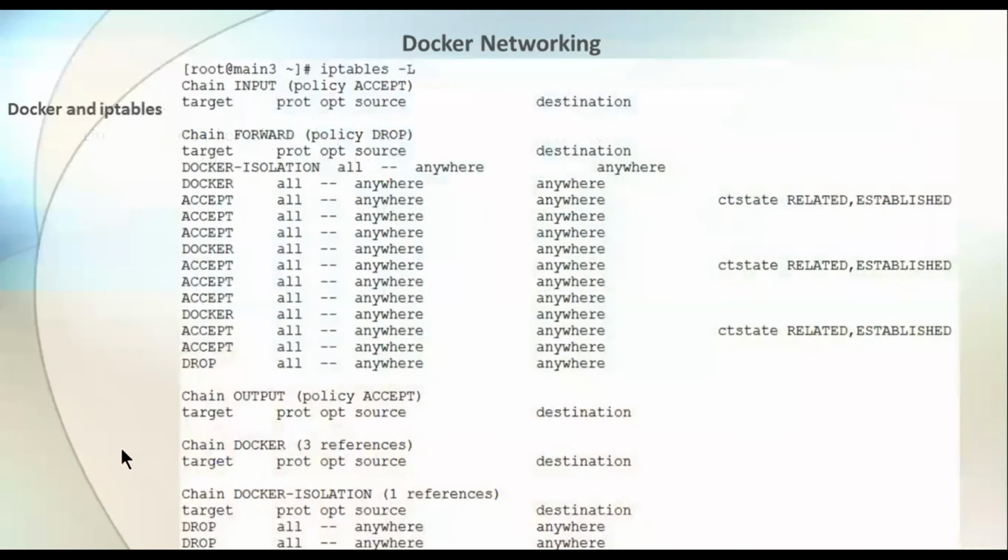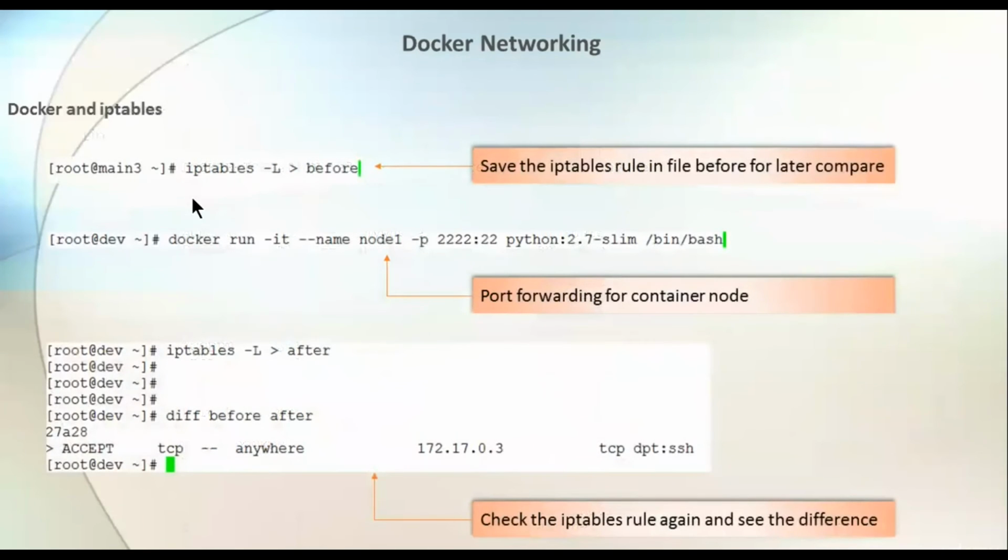So first we'll take a few theory and then we'll start with the lab. So here, if you can look, iptables -L, this command is going to give all the rules which are present by default. After that, we are saving that rule into one file, and after that we are creating one container, and this container is exposing the port of SSH on 4x2 for the Docker host. So if you access the Docker host on 4x2, you will get connected with a Docker container whose name is Python:2.7. This is a tag -slim, and after that we are asking for /bin/bash.